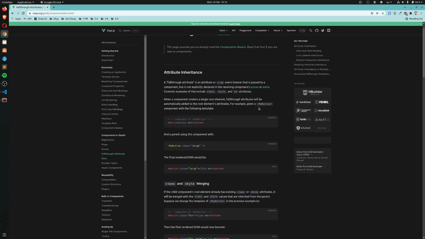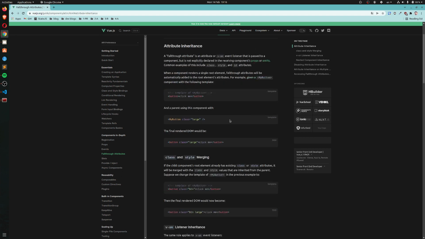For example, given a MyButton component with the following template, this whole thing is a template with one root, which is this button element, and the parent using this component with class equal large, the final rendered DOM would be button class large. And again, this is because we have a single root in this component, a single element in the top level